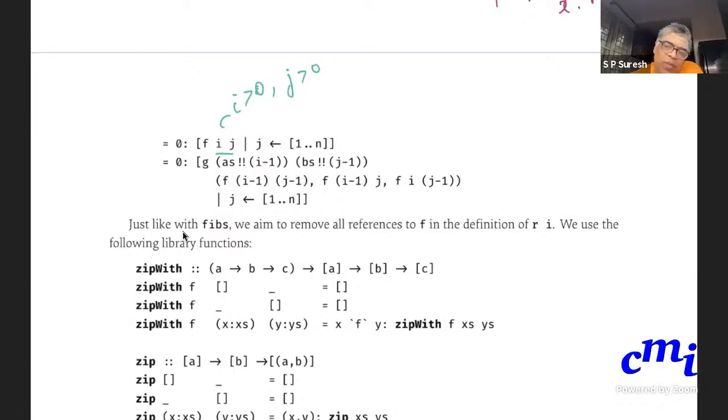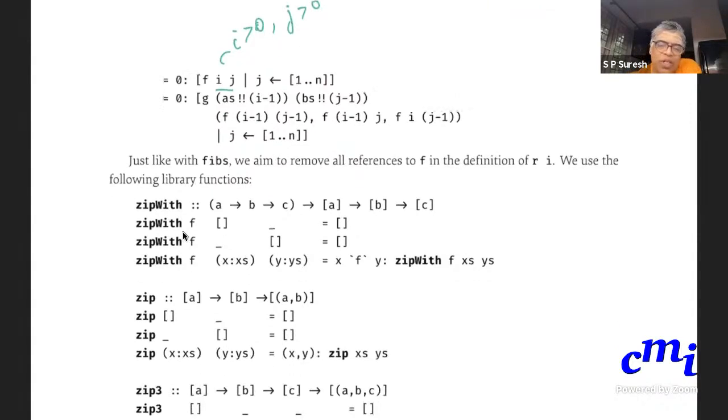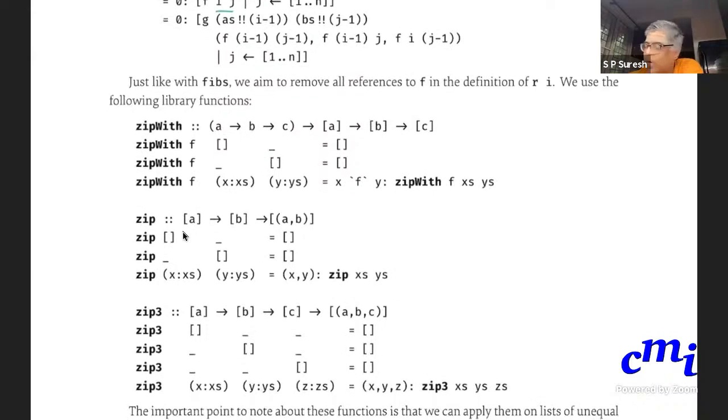I have written down the definition of all these 3 functions. This is straightforward. Zipwith will take 2 lists and apply a function on each corresponding element of the 2 lists. So zipwith of f and x colon xs, y colon ys is f applied to x and y, followed by zipwith of f xs ys.